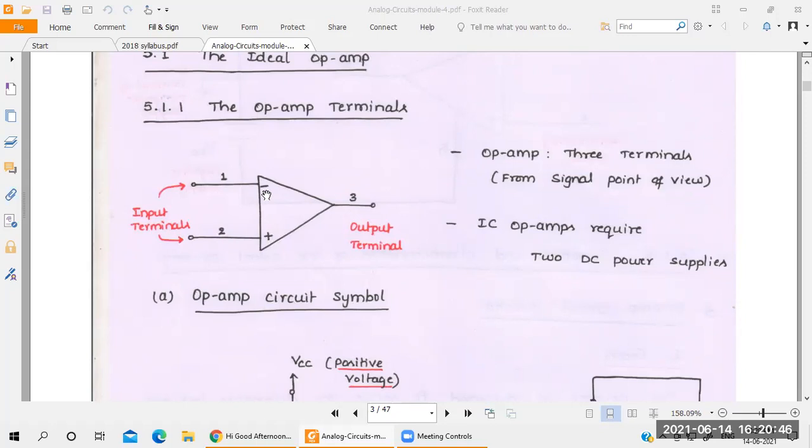Connection, input connections. Suppose if you connect input to the negative sign here, it acts as an inverting amplifier. Suppose if we connect input to the positive sign here, it acts as a non-inverting. Okay, that is the meaning here. Understood? What is inverting and non-inverting? Input to negative sign ಮಾಡಿದ್ರೆ, that is inverting. Input to positive connect ಮಾಡಿದ್ರೆ, non-inverting. Understood? What is input terminal?